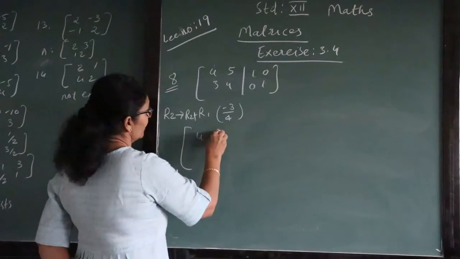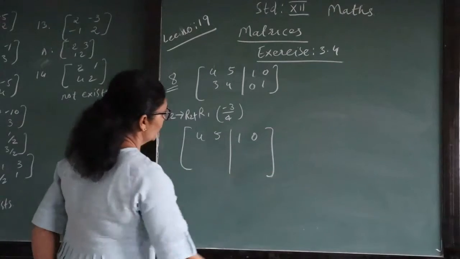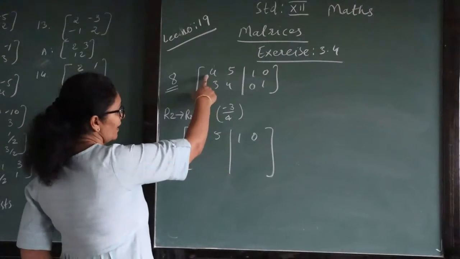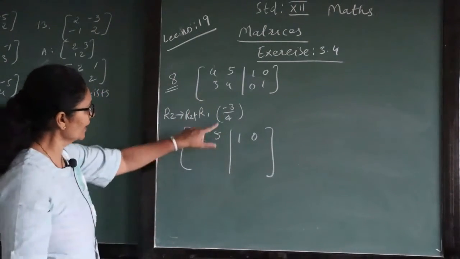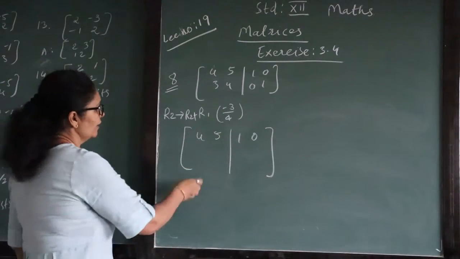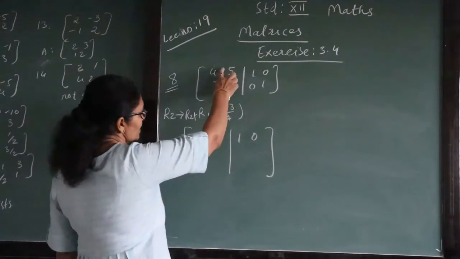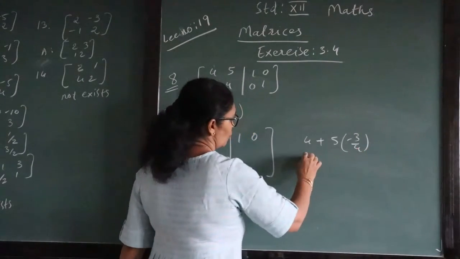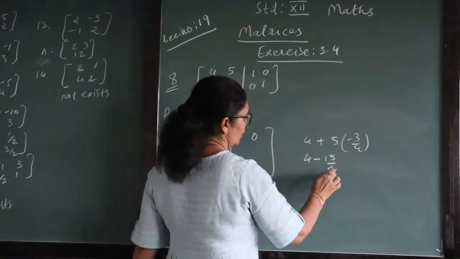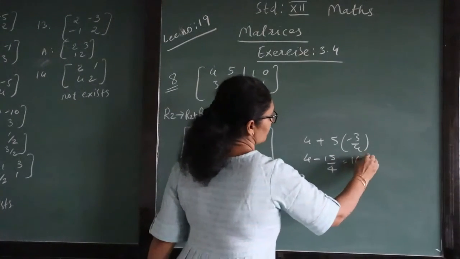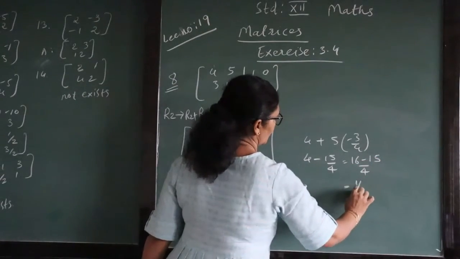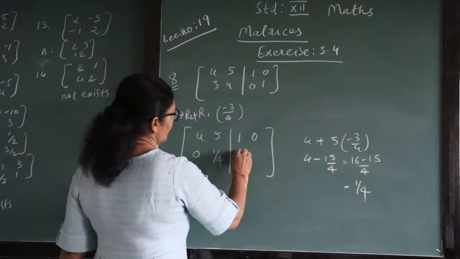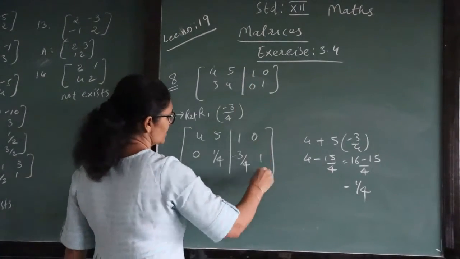So we can write R2 plus R1 into minus 3 by 4. Now let's see, we can write our first row as it is. No need to make any change in it. Now check. First we have divided by 4. So if you divide it by 4, this became 1. And when you multiply with minus 3, we'll add it here, so it will be 0. Now the same thing, let's multiply 4 plus 5 into minus 3 by 4. So what you get? 5 minus 15 by 4. Now 4 4s are 16 minus 15 by 4. So what you get? 1 by 4. So here we can write 1 by 4. Now this multiply with minus 3 by 4 and added in 0, same.